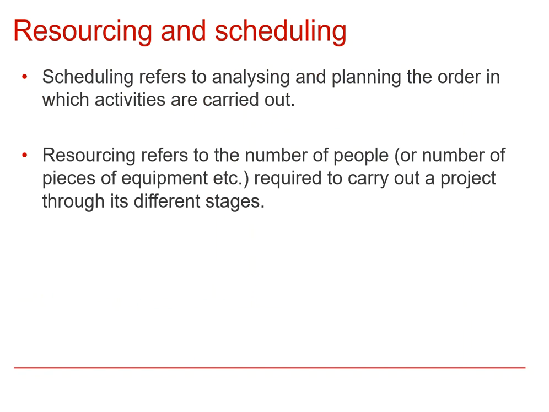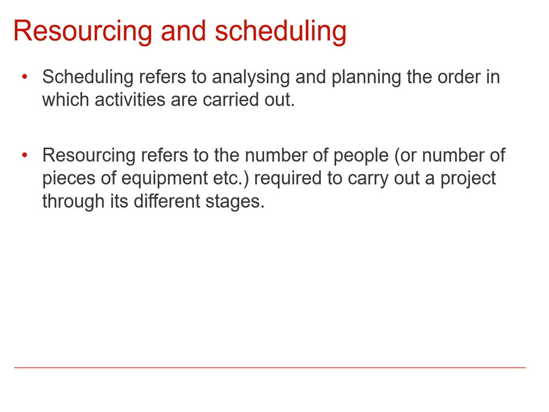Now, this follows on from what we've already seen involving activity networks. We're now going to take the information that we've got at our fingertips from these activity networks in order to actually think about, in practice, what we might do on a factory floor, for example, in terms of scheduling, which is actually deciding exactly when particular activities are going to be scheduled to be carried out, and resourcing, which is